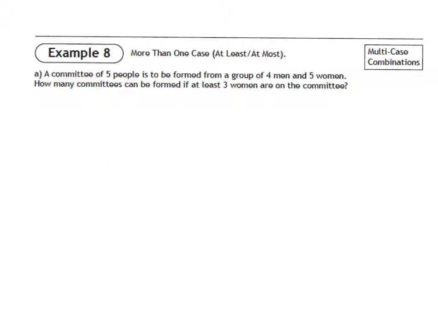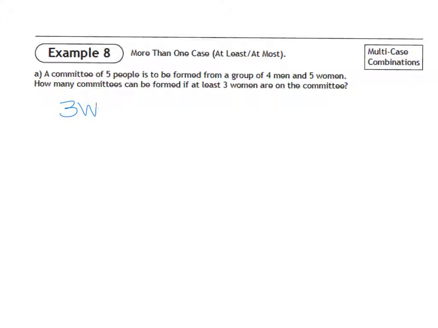This is an at least, at most thing with a combination. So it says a committee of 5 people is to be formed from a group of 4 men and 5 women. How many committees can be formed if at least 3 women are on the committee? So a committee of 5 people, when we're talking committee, order doesn't matter, right? It's still a combination. But we need to look at all of the different cases. Remember we did those cases with permutations as well when we had at least, at most? The different cases here would be, we could have